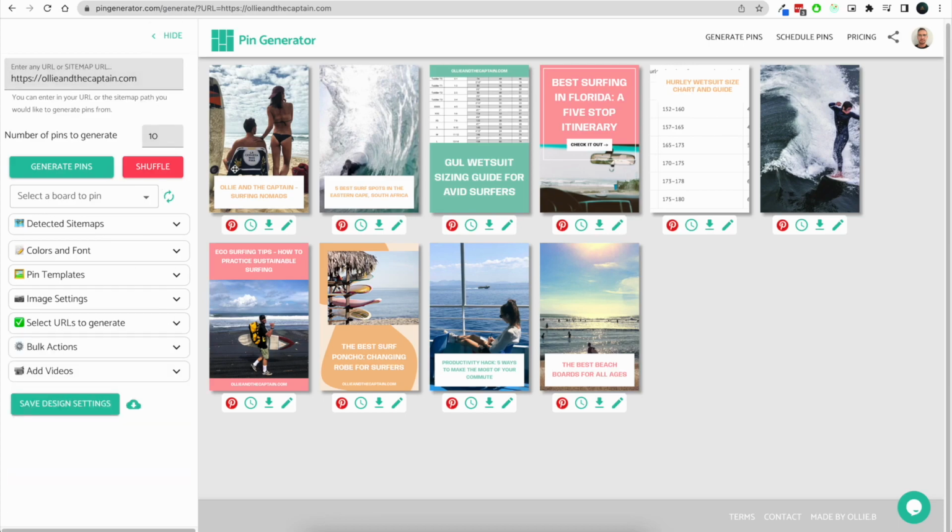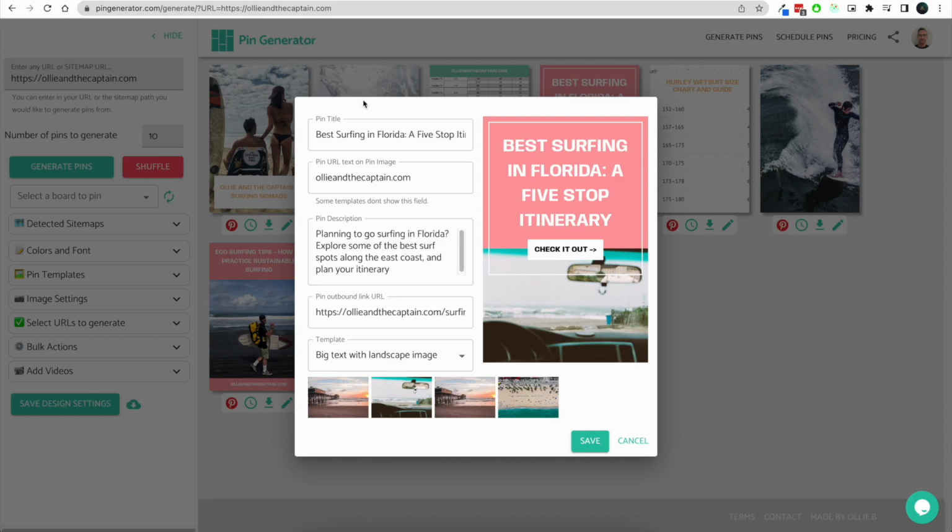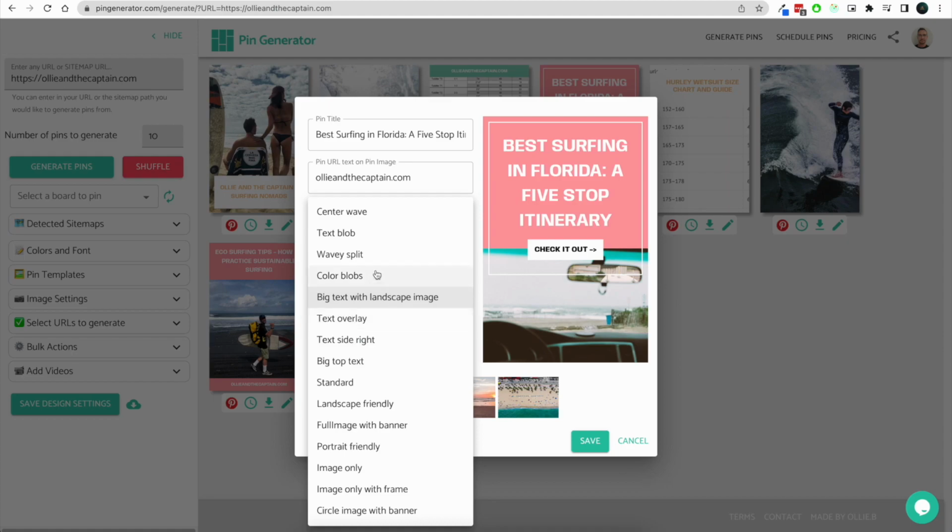So now that you can see, let's say, some pins that you like, you can either pin those pins directly to Pinterest, schedule the pins for later, download them, or edit them. So let's say you wanted to edit this pin. It'll show you all the information about it. Here's the title that's going to go to Pinterest. Here's the URL text that we're going to use in the template if it's available. So to show you what that means, let's say